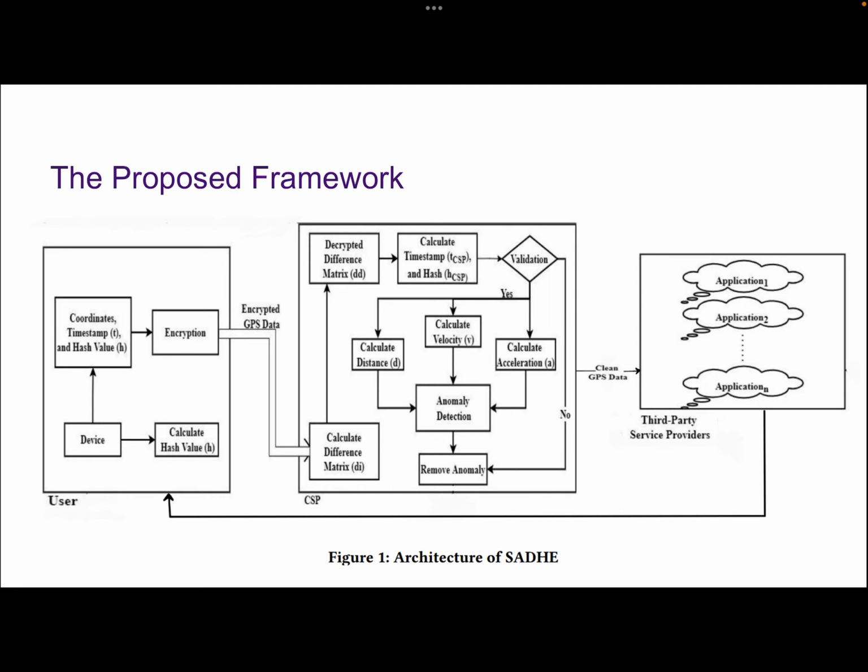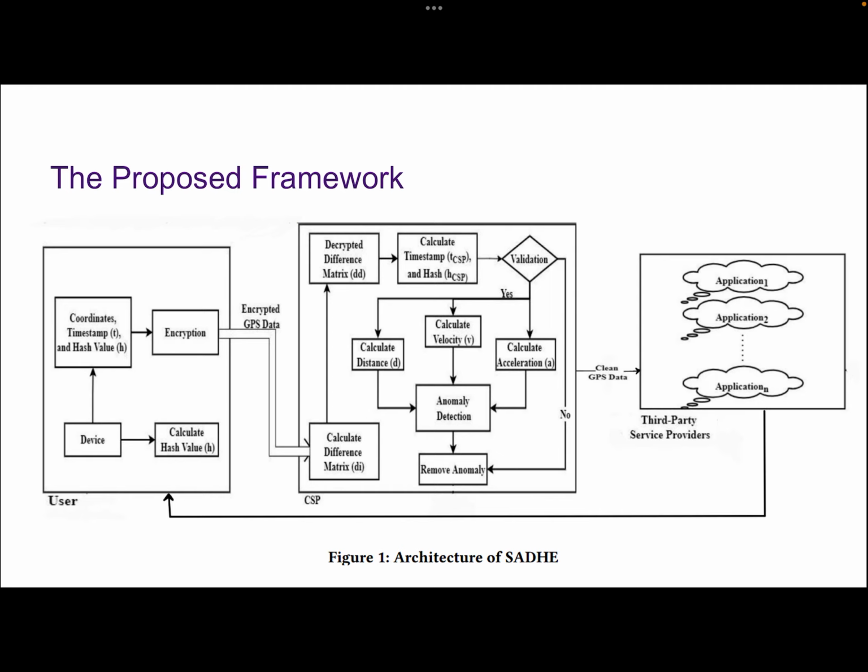If you look at the architecture here, there are three main entities. First of all, the user, where the device generates the coordinates, that is the latitude, longitude, along with the timestamp, and a hash value is computed for each of these coordinates. Then it is encrypted using the standard Paillier homomorphic encryption and sent to the CSP. The communication channel between the user and the CSP is assumed to be insecure, and that's why the encrypted data